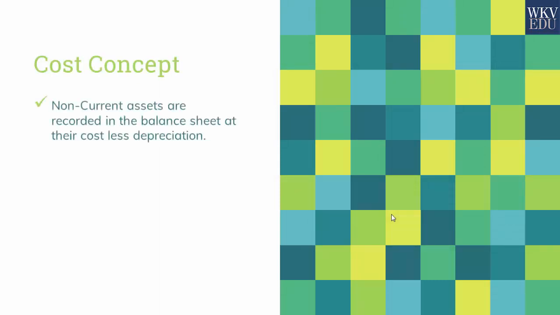It is also known as the historical cost concept, where we say that non-current assets are recorded in the balance sheet at their cost, reduced by depreciation only. So we will record every non-current asset or fixed asset, that is those assets which are going to be there for a long period of time in the business. We will record the value of these assets in our balance sheet only at the cost at which they have been acquired and reduce them year on year by depreciation. That is it. We will not record it at the value they are at today in the market.